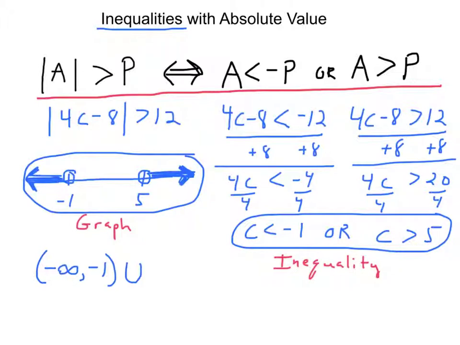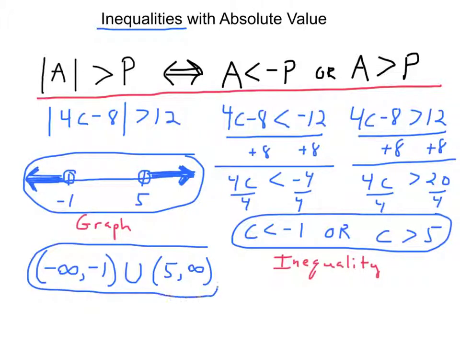And then we'll write an interval for this other part of the graph. Now this will go from 5 up to infinity. So we'd have a parenthesis with a 5, comma, infinity, and then another parenthesis. And this is the way we'd write our answer using intervals. And like I said, you really need to write two separate intervals and use the union symbol to connect them